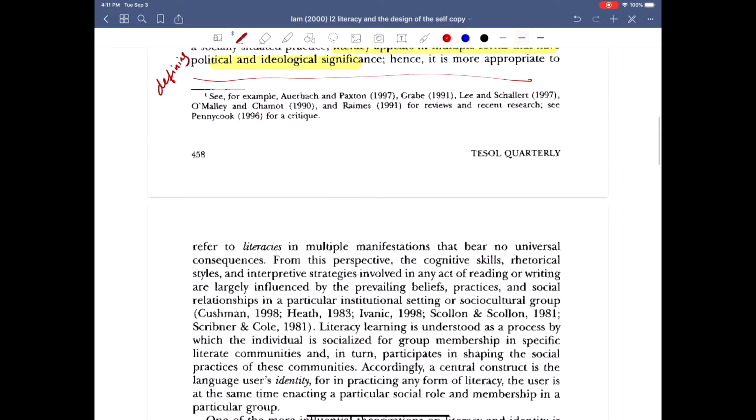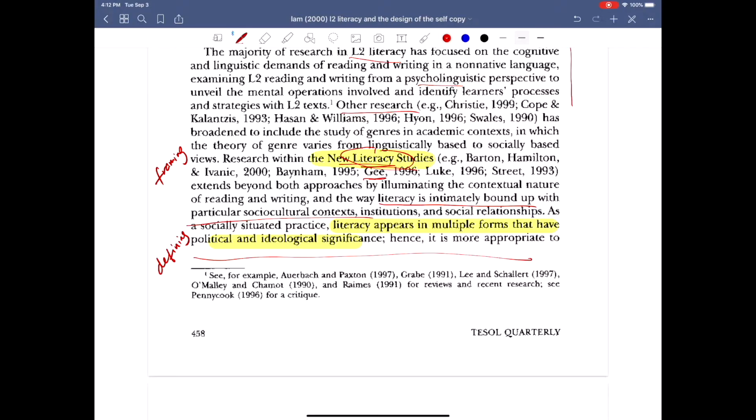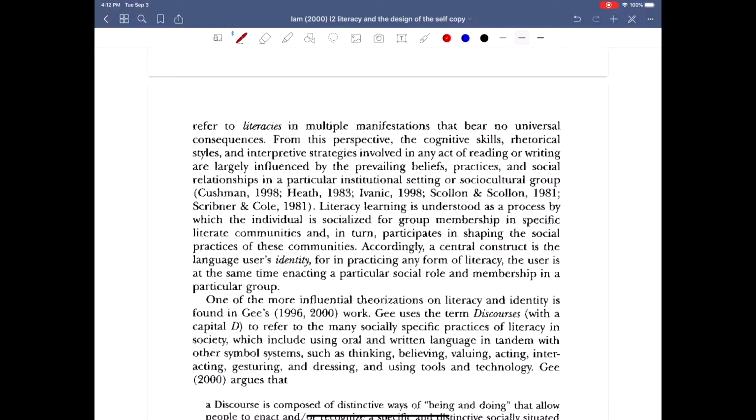So there might be more stuff going on there, so I'm not going to go through all of them. Same is true, I'm not going to go through them exhaustively, but I do want to just kind of highlight the key things. Phrases like this are really helpful, because again, this is part of the defining and framing part, when she's saying from this point of view. So again, this is further framing. She's saying from this point of view, this is what literacy looks like. Here's more of a definition. She's saying that any act of reading and writing is influenced by the institutional setting. So this is more defining.